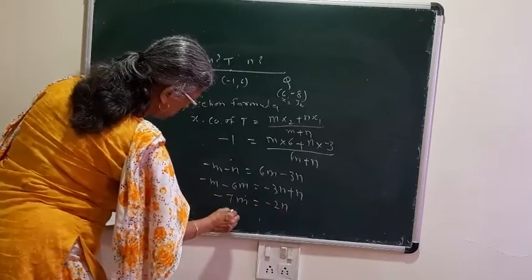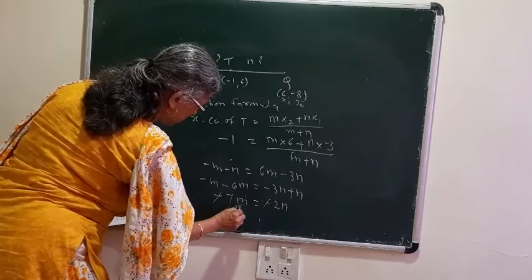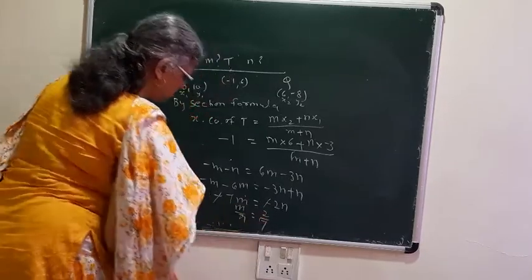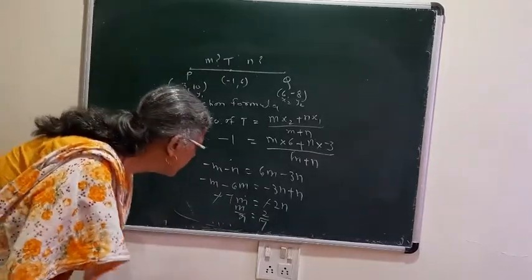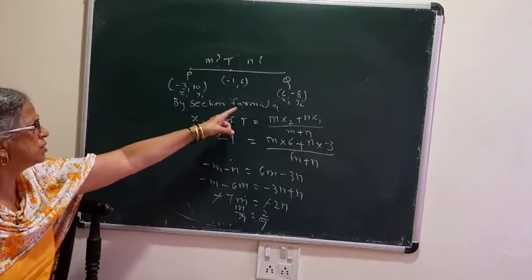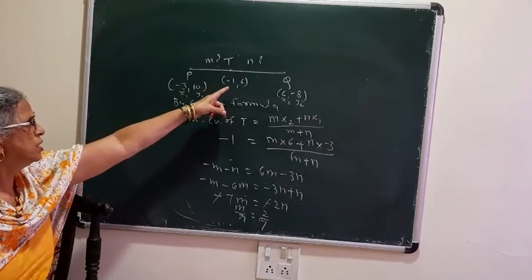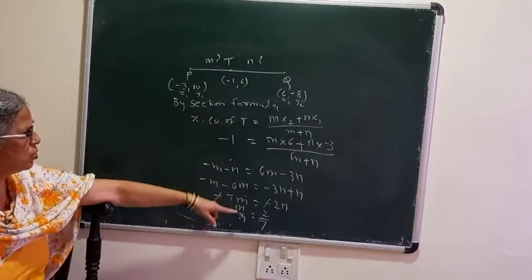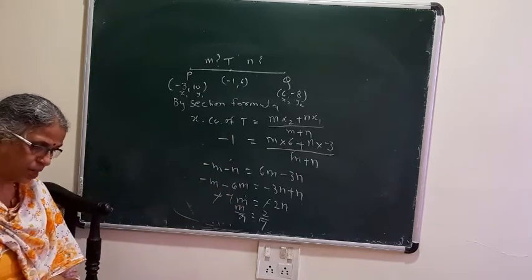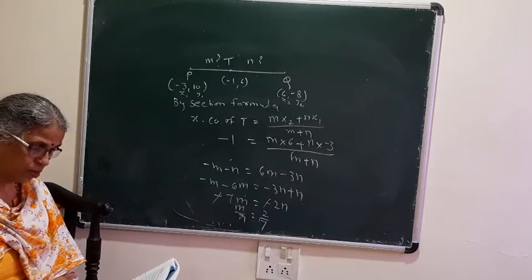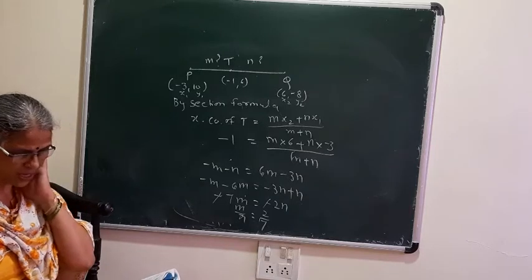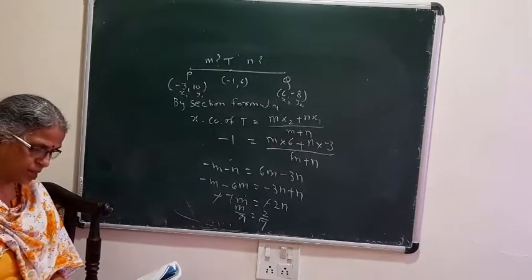So here the minus sign will get cancelled. M is to n is equal to 2 is to 7. So the ratio of m is to n is 2 is to 7. Any coordinate you can take, minus 1 or 6, and solve only the half part. This much is sufficient, because from that we directly get the value of m is to n. So you can solve by taking any coordinate, either x or y. You will get the answer.